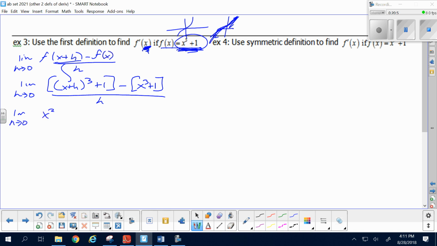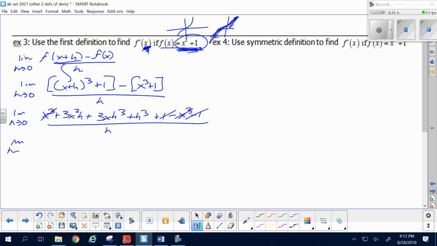That's x cubed plus 3x squared h plus 3x h squared plus h cubed, if you remember your expansion of cubes, plus 1 minus x cubed minus 1 if you distribute. The x cubed subtract away, the 1 subtract away. After that, you can see that everything has an h. So if you factor out an h, you're left with